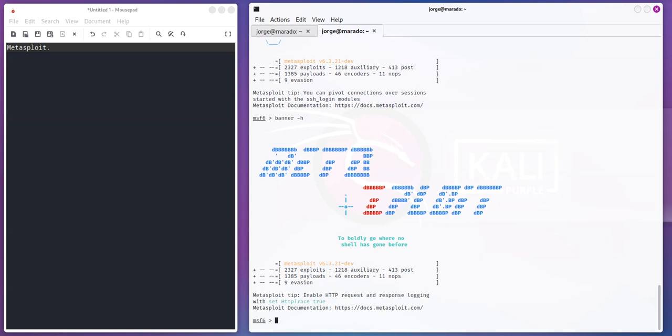This time we're gonna go over Metasploit and the Metasploit framework. But as you can imagine, we could spend hours and hours just talking about Metasploit. So what I decided to do is create a series of different videos that I'm gonna be uploading as soon as I can, maybe once or twice a week, where we're going to have a comprehensive